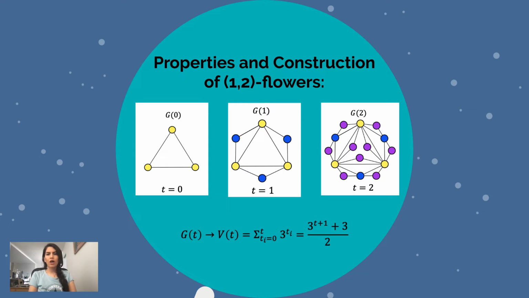So all nodes existing at iteration t or generation t belong to levels 0 to t. For example, looking at the right-hand side plot here, all purple nodes at generation 2 belong to level number 2 because they were only generated at the start of generation 2, when the blue nodes are from level 1 and yellow nodes belong to level 0 of generation 2.